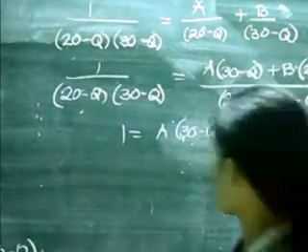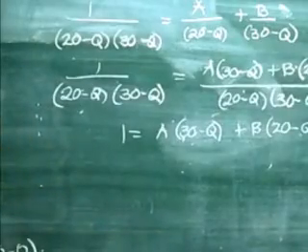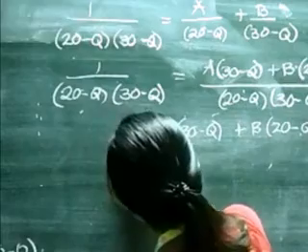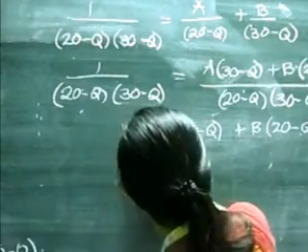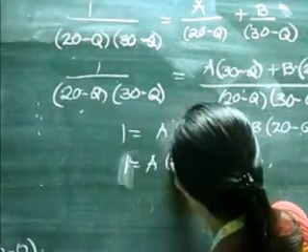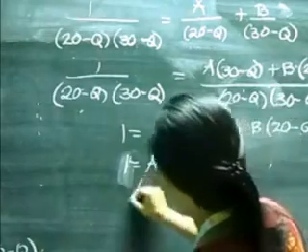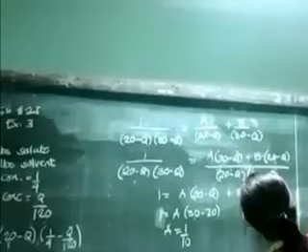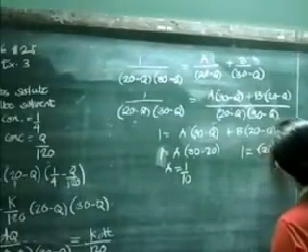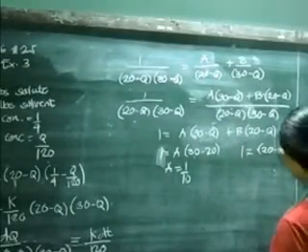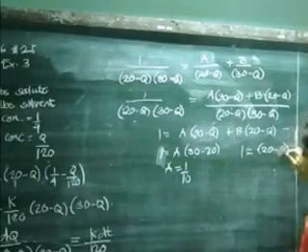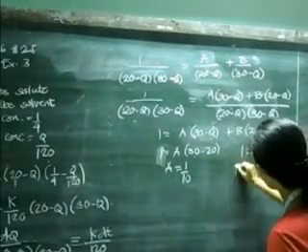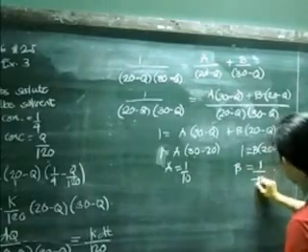So as you can see, we have the values of Q as Q equals 20 and Q equals 30. So our A is equal to 1 over 30 minus 20, we have A equals 1 over 10, and B is equal to 1 over 20 minus Q, which is 30 minus 20. So B is equal to 1 over negative 10.